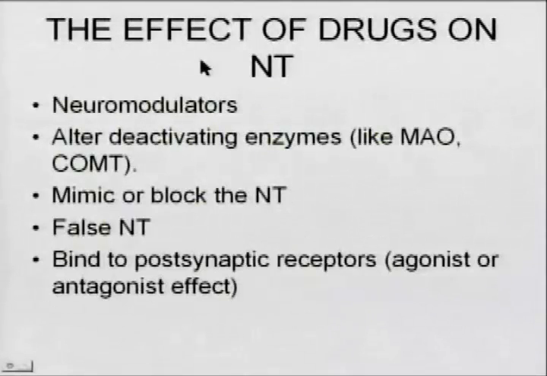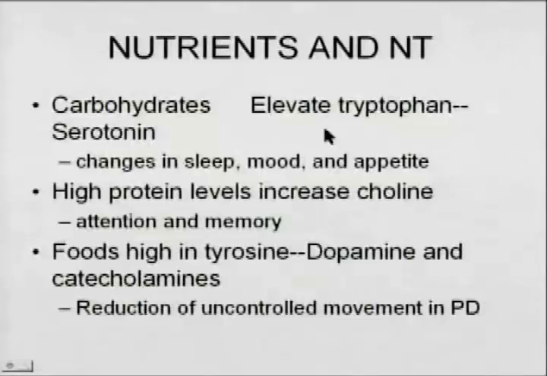So the text, as I said, provides you a discussion of the effect of drugs on neurotransmitters. So neuromodulators can alter deactivating enzymes like monoamine oxidase or catechol-O-methyltransferase. It can mimic or block the neurotransmitter as agonist or antagonist. It can be a false neurotransmitter. It can bind to postsynaptic receptors as an agonist or an antagonist, or presynaptic receptors. So there's a wide variety of potential effects. You should familiarize yourself with those and feel confident in understanding them for the style of questions that are asked in this class. Either fill in the blank or